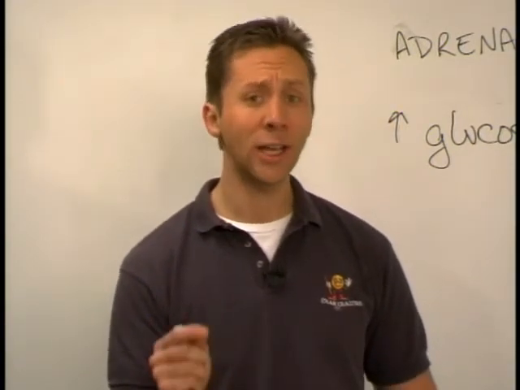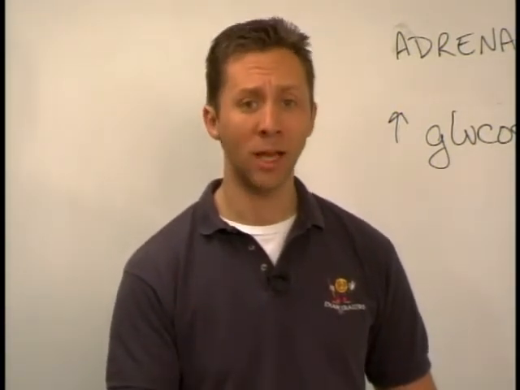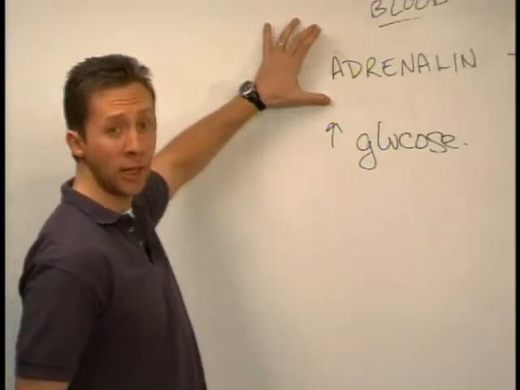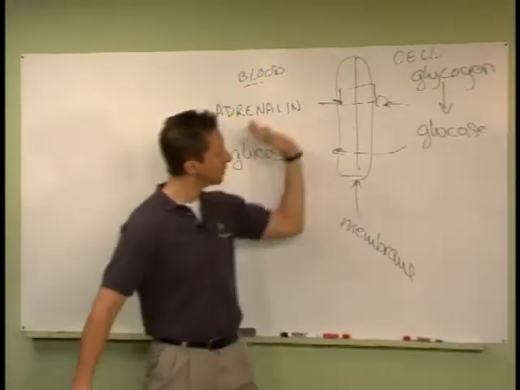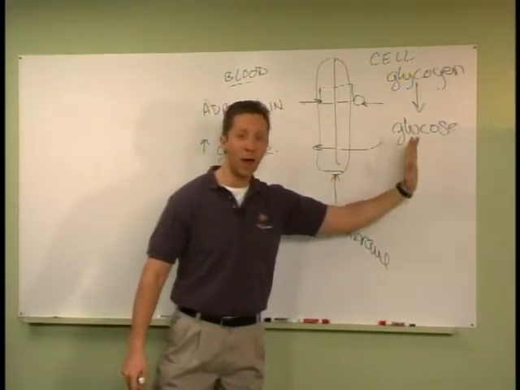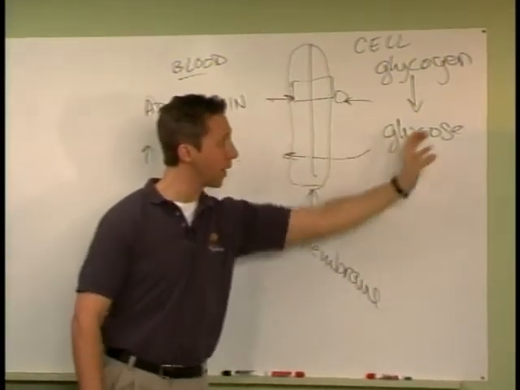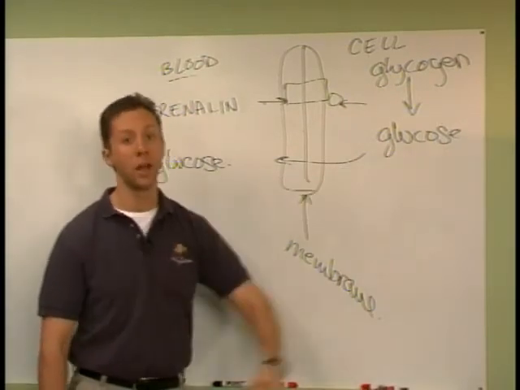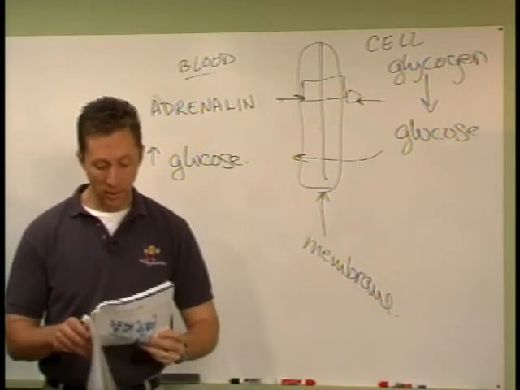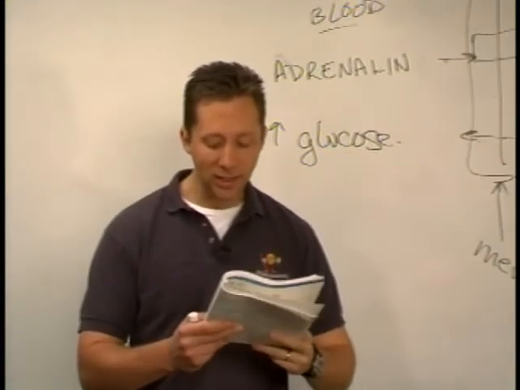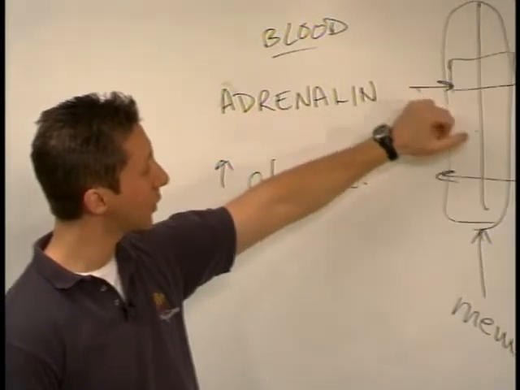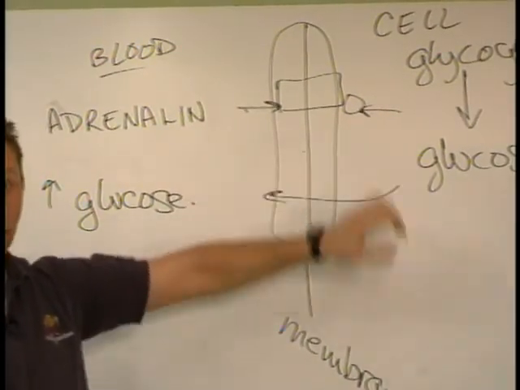What you have to know about cyclic AMP is that it is a second messenger. In other words, going back to the diagram that we had used initially, adrenaline found in the bloodstream must exert its effect on the inside of the cell somehow. How does it do it? It's going to bind externally and use that second messenger to create a chemical chain of reactions that are going to result in the production of glucose. Let's find the answer choice that says that. Answer choice C says adenylate cyclase activity is stimulated by adrenaline. What happens is adrenaline binds externally and the adenylate cyclase activity, in other words, the production of